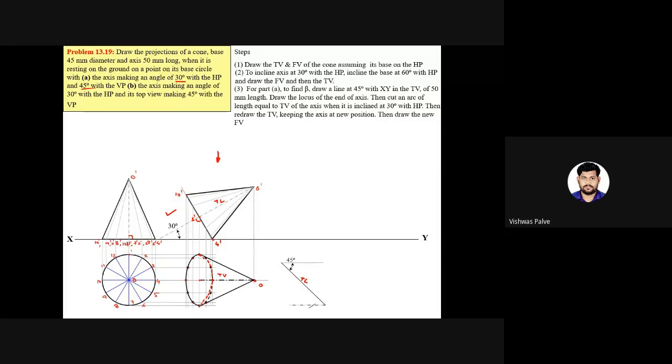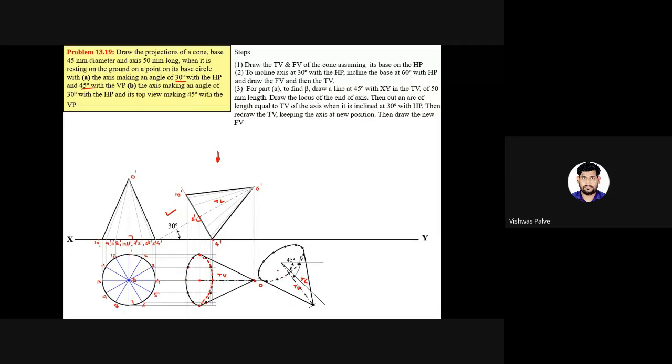Then you have to take the top view length in the compass. Measure this length in the compass and transfer it. From this point you have to cut an arc and draw the point. This is nothing but the top view length. Selecting these 2 points, you have to redraw the object. So you can see the top view length and this is the true length.